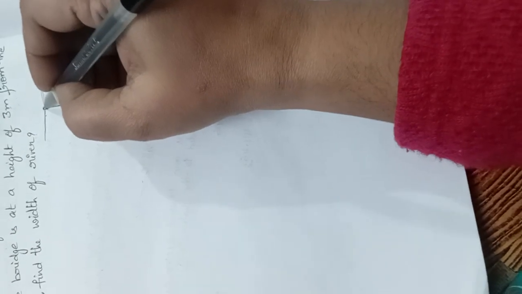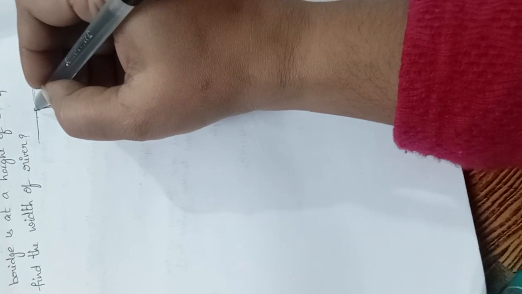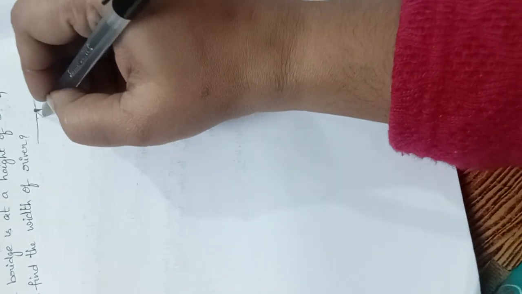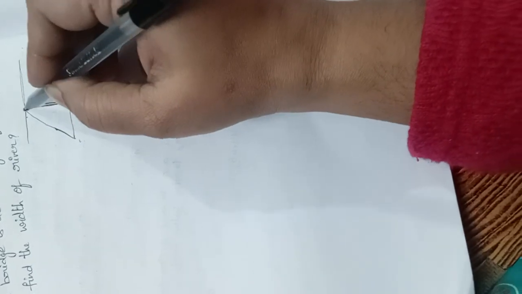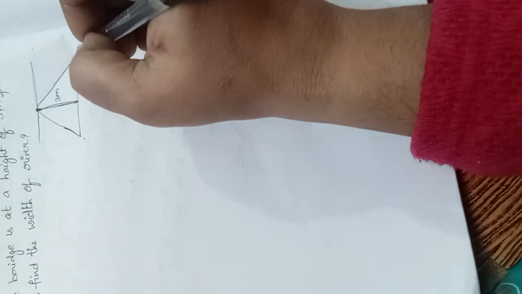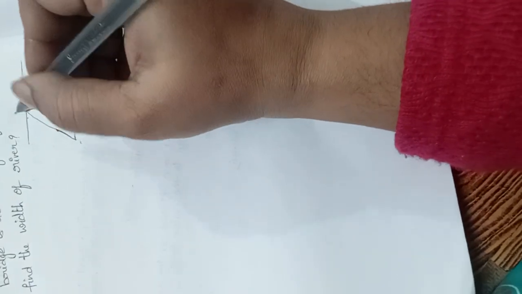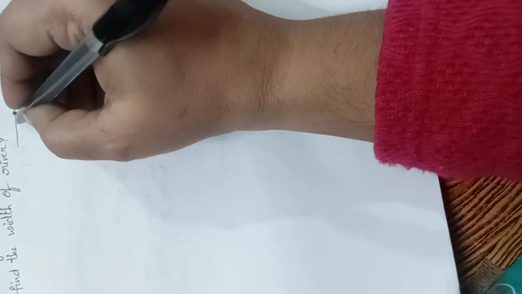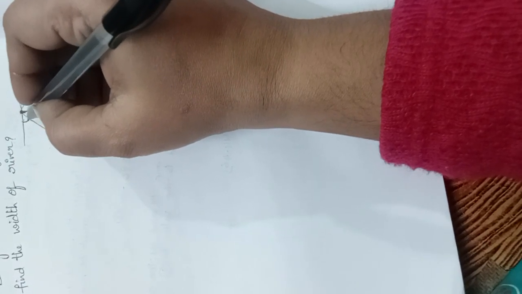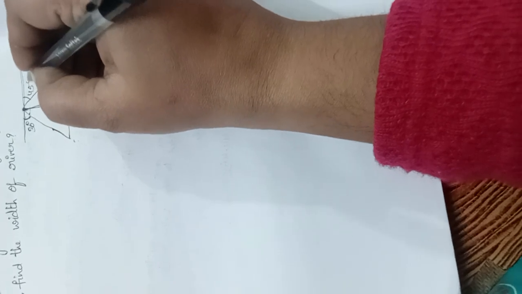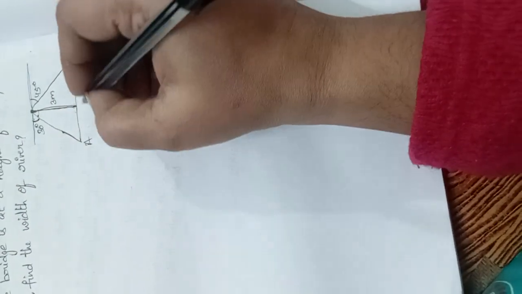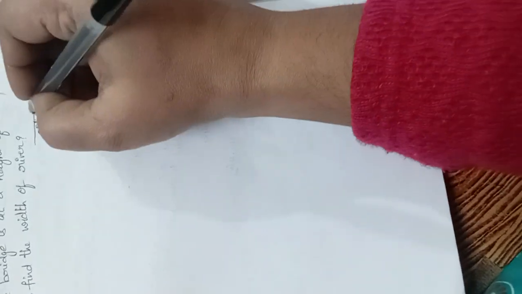From this point of the bridge, we observe the opposite banks of the river. This is one bank of the river, and this is the other bank. So actually we won't take this angle as the angle of depression. This and this are the angles of depression. I took here 30 degrees, and this side 45 degrees. Let's name the points A, B, C and D.